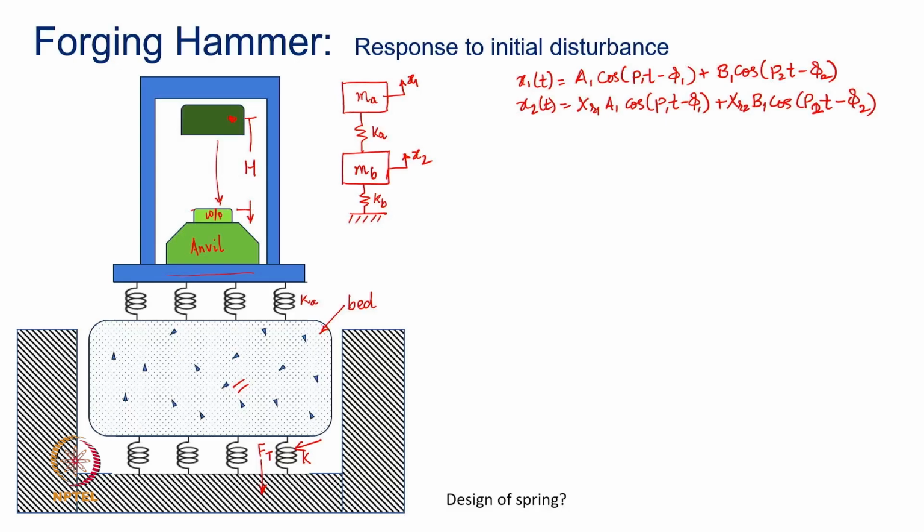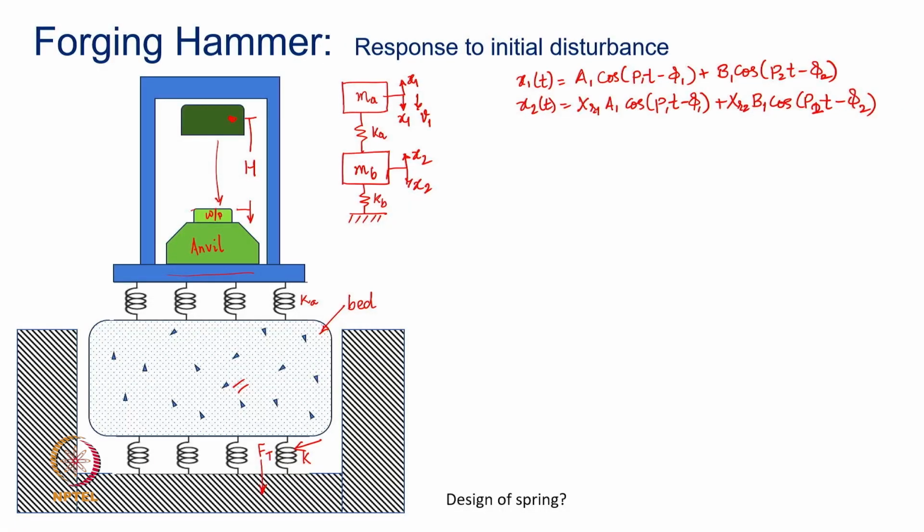So again let me take these as, in this particular case it makes sense to consider x1 and x2 positive downwards, and then there will be a velocity v1 at t equal to 0, which you can find out. Of course the lower bed is not subjected to any initial displacement nor initial velocity, and the velocity is imparted only to the top mass. Okay, of course as time progresses it will get translated,